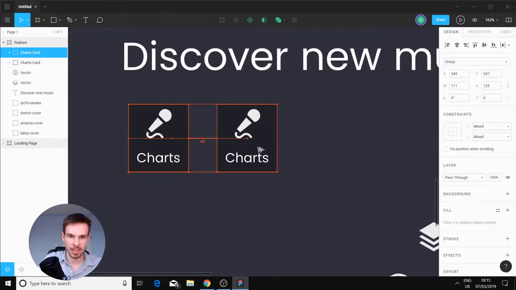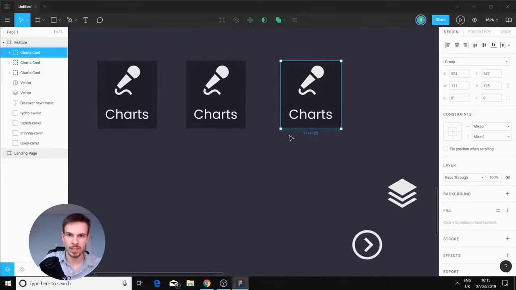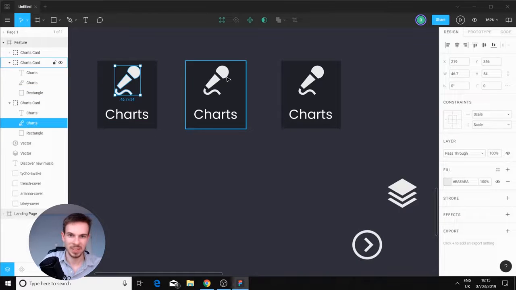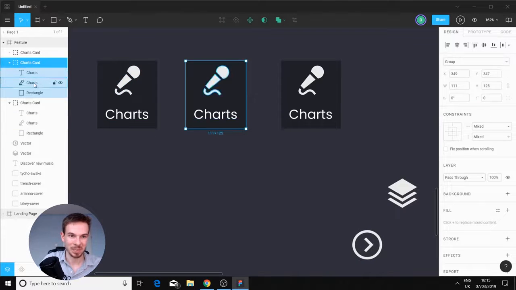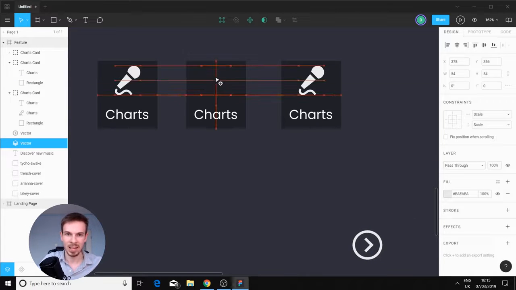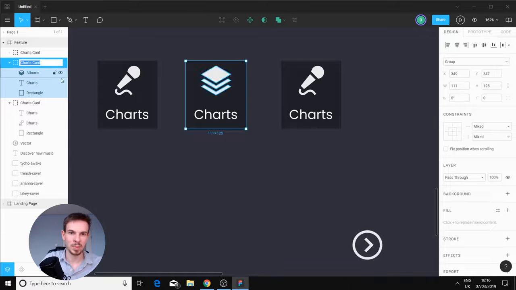We can drag it. We can drag it again. Perfect. And we can just replace the images in these two. So, let's grab this one. Just gonna get rid of this, delete, drag the album up here. We need to make sure that this is gonna be in here. Okay, rename this albums. And this is gonna be the albums